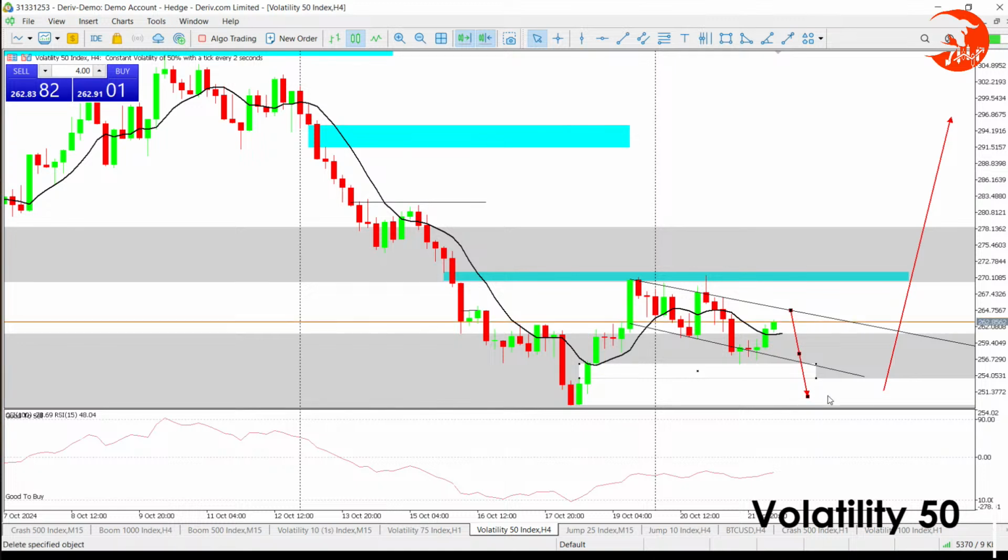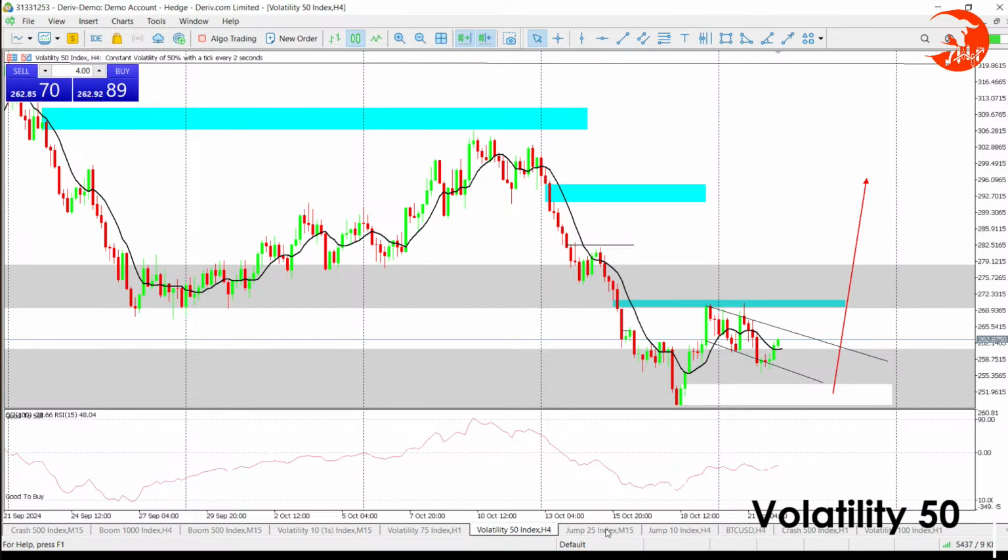So for now, I don't want to follow this, because the fair value gap it mitigated. It was already mitigated on this level here. This is where it was mitigated from. So I can't take this for now until I see actually the breakout here. If I see a breakout, then well and good, I will follow that. But for now, I won't follow it. I will wait for the return to mitigate the one here or down below on the order block. All right, I want to delete that now and head over now